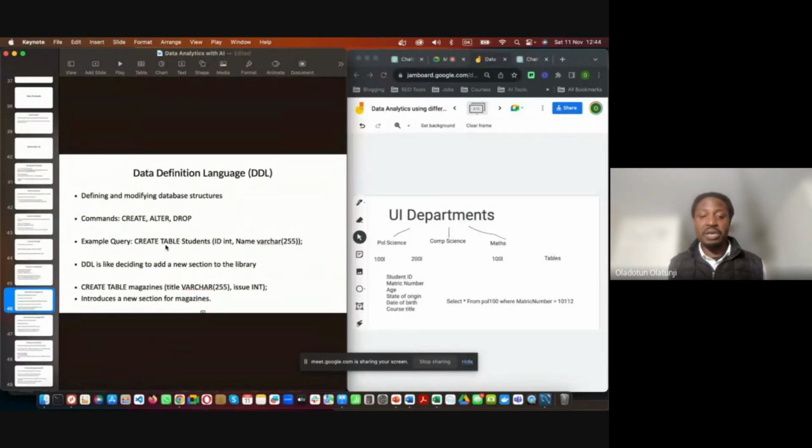In the example here, it's creating a table where the name of the table will be students. In that table, you will have ID as integer and you have name. So this command that you're seeing here,